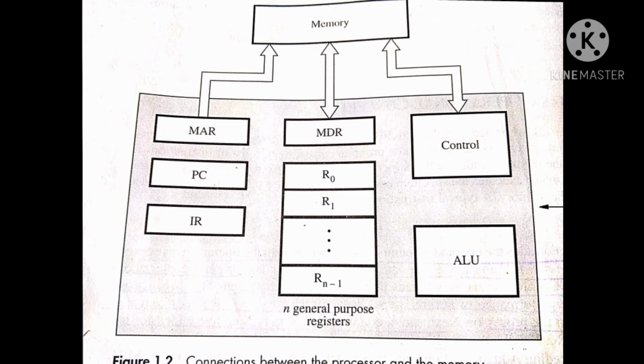Okay, so now the next one is our program counter. The program counter is a specialized register. I'll tell you why. Whatever instruction is currently being executed will be in the instruction register. What is the next instruction to be executed? Where will it be? It will be in the program counter. Please look at the diagram. Whichever instruction is currently being executed will be in the instruction register, and our program counter keeps track of the instruction which has to be executed next.